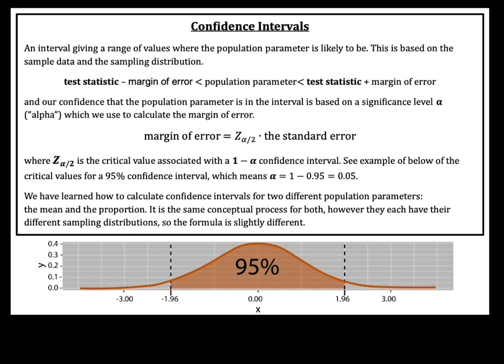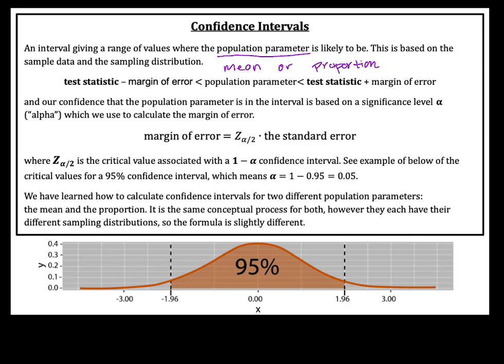This is a video about confidence intervals, and we're going to calculate confidence intervals for two different population parameters. So a population parameter could be a mean or a proportion, which we usually talk about in terms of percentages. And so what we're doing, say we want to provide a confidence interval, not just a point estimate of a